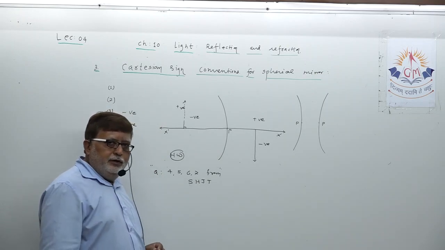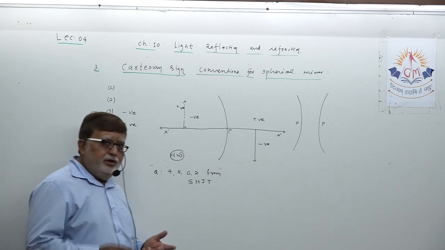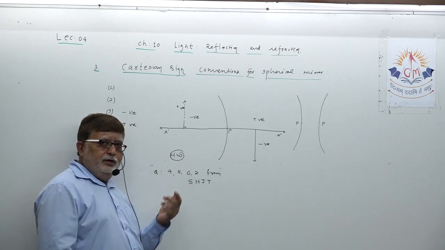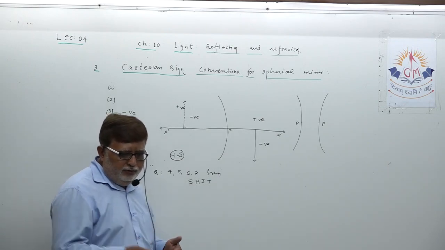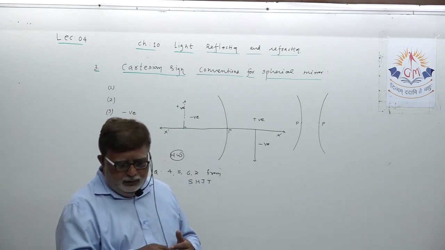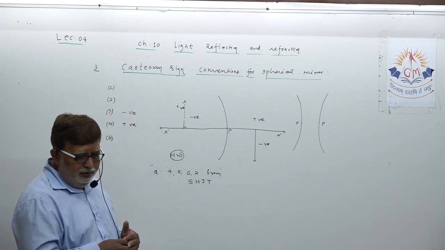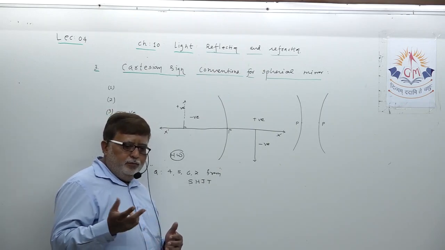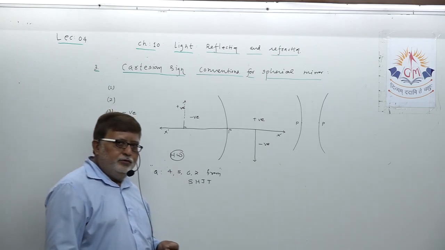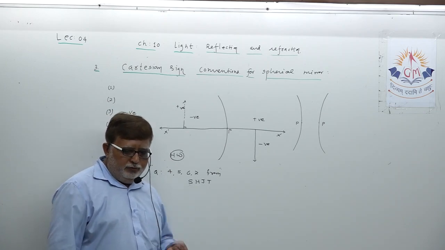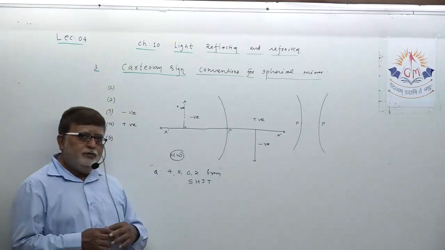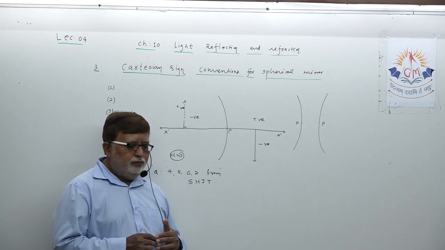Question 4, state the uses of concave mirror. Don't even take it lightly. Okay, it can be asked in 2 marks. Then question 5, various images. The question itself is here: with the help of a ray diagram, state the position and nature of the image for the following positions of the object in front of a convex mirror. I have written that topic already. Third one, that is the uses of convex mirror, question number 6, and question number 7: write all Cartesian sign conventions for spherical mirror.